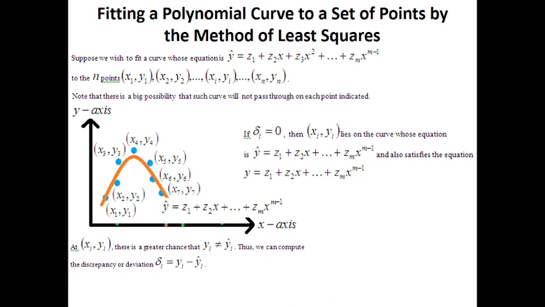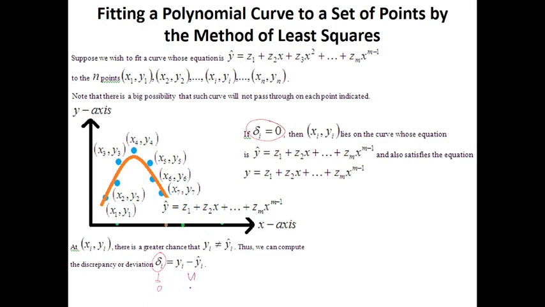So if the deviation at any point is 0, let's say at point x sub i, y sub i the deviation is 0, then x sub i, y sub i lies on the curve whose equation is this one, okay? So y hat equals z1 plus z2x and so forth, okay? So meaning, if the deviation is 0,